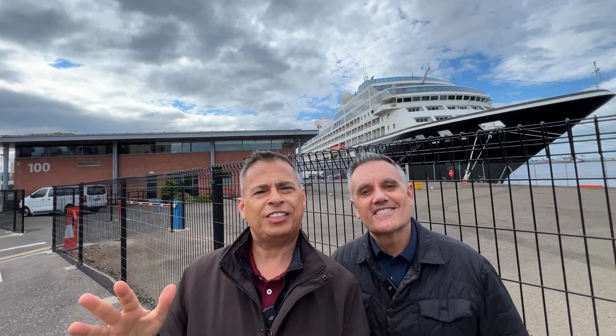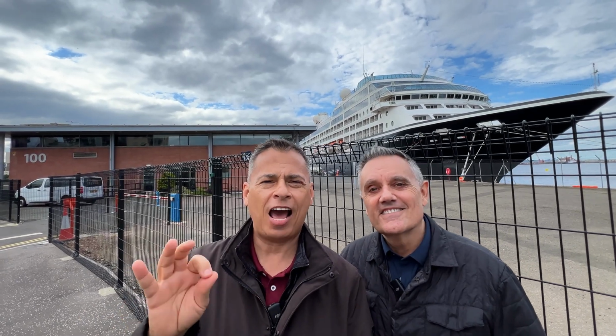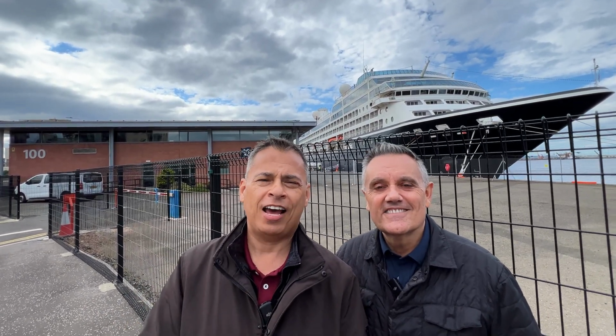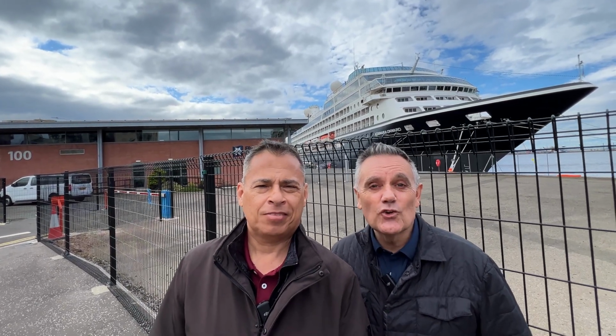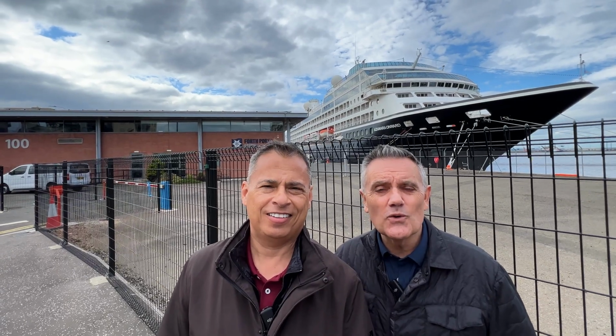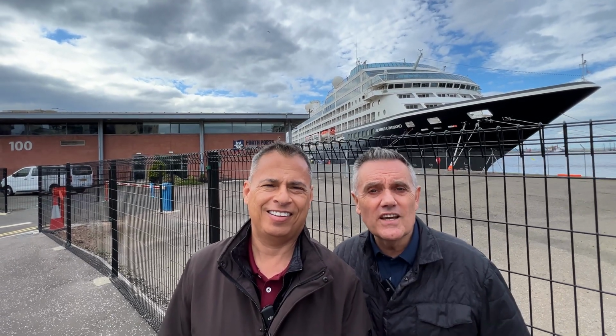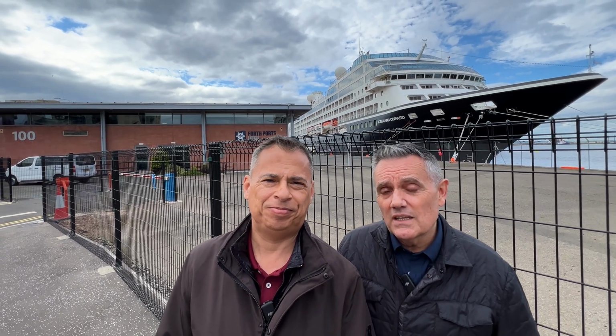We just finished our day in Edinburgh and we couldn't have had a better time. It's an absolutely beautiful city and we could definitely see ourselves spending more time here. Absolutely. It's a great sized city, and of course it's beautiful. There's tons of history here, of course, but also it's a college town. There's a lot of energy, very walkable, very easy to get around, incredibly clean, and we had a really good